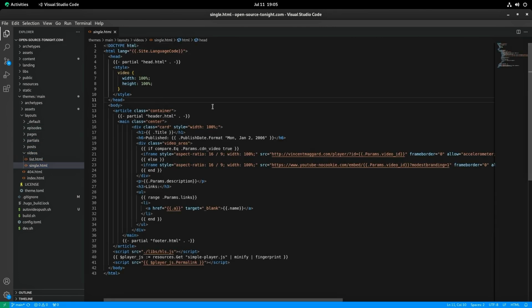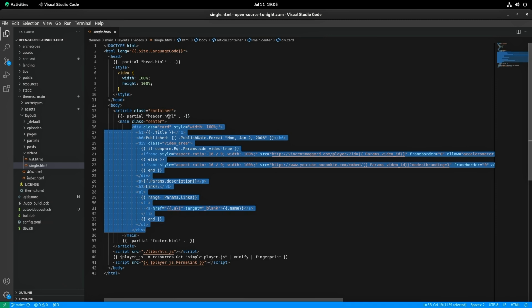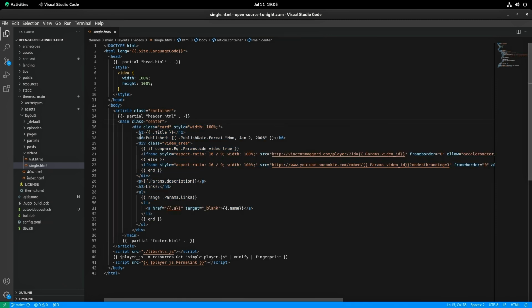So this is a template for the video page. You can see here that we are inheriting some things from these other templates, so that way your navigation and everything is all the same. But then we get into the interior of this card, the little white box. You'll see the publish date is going to be automatically formatted for us here, not the current date, but the published date of that video.